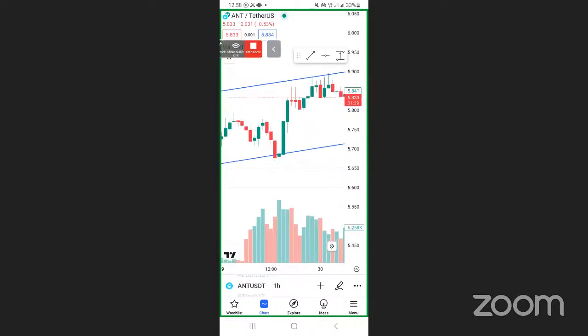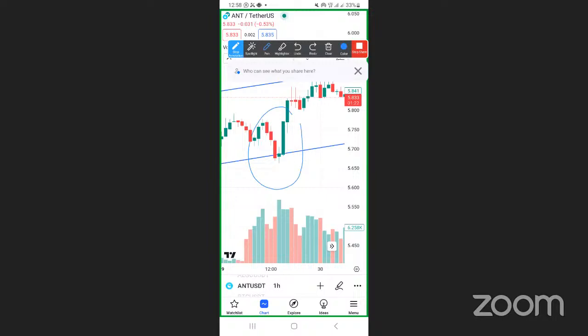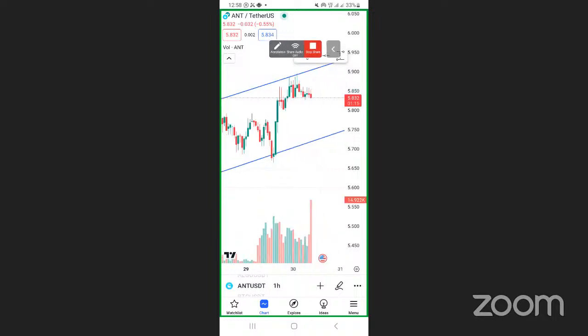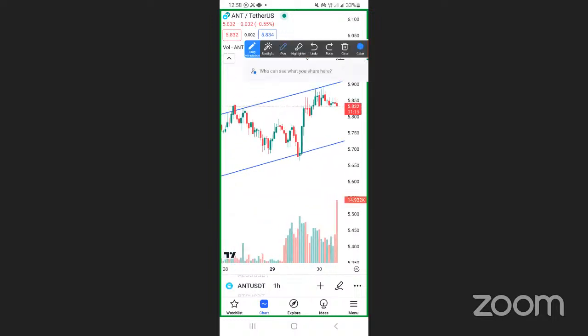Now, are you seeing the market? I'm looking at this scenario. So the coin, first of all, was rejected from the what? From the upper trend line. I'm saying it was rejected. When it was rejected, it had to revisit. When it revisited the lower line, there was a green candle.